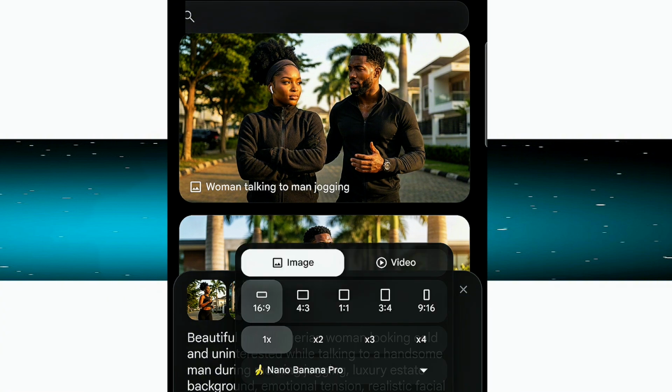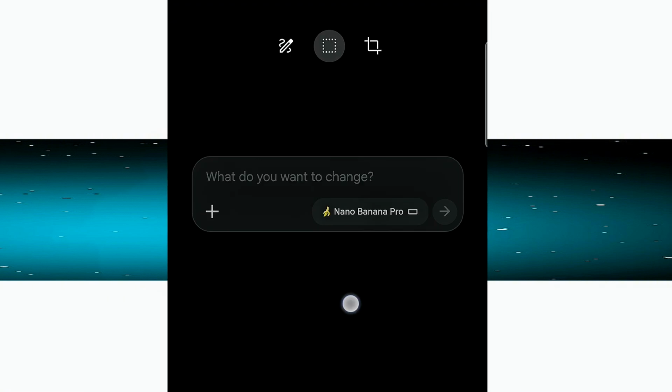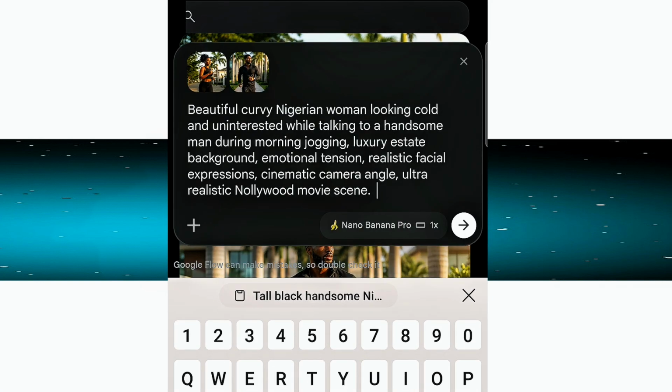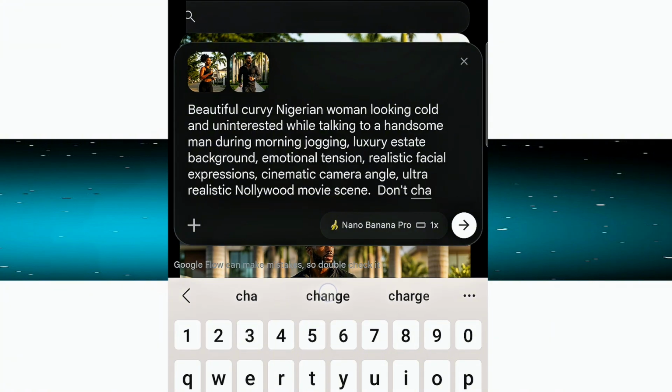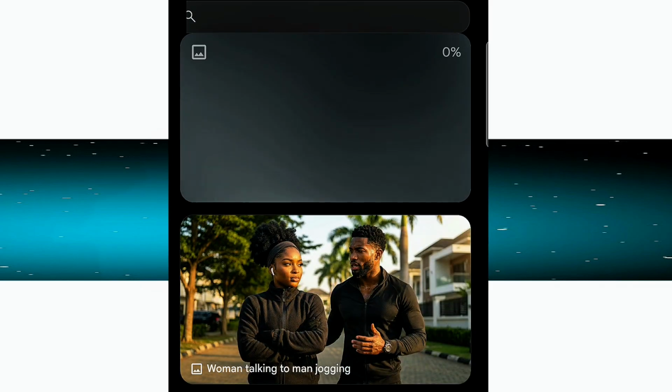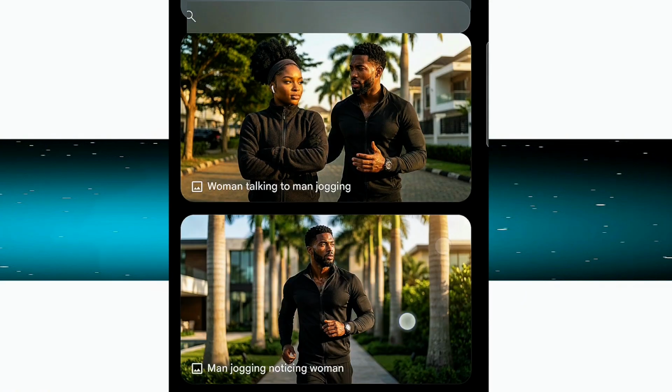So what you need to do now is to include this there. Don't change the outfit. So you can just put don't change the outfit. You see that? Just like this. Then let's regenerate and see if we should be able to get the same face consistency with the same short